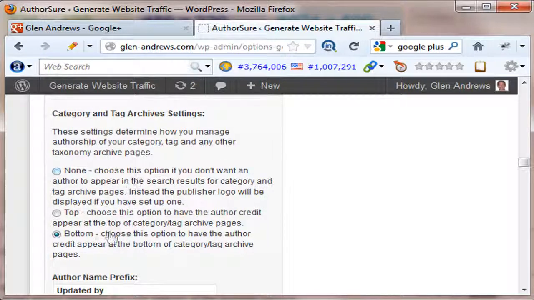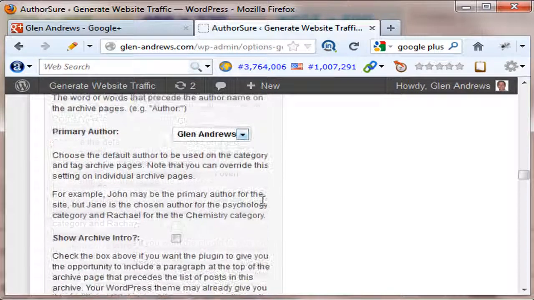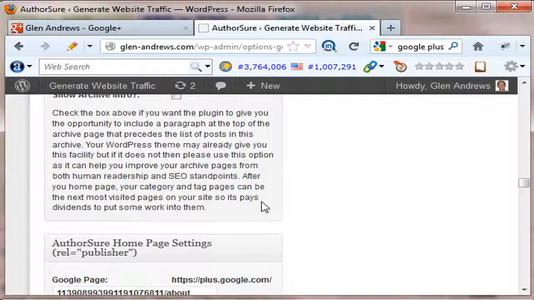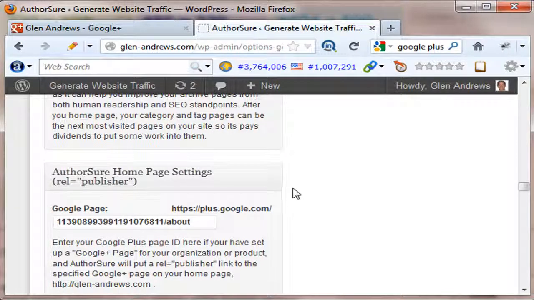Keep coming down here. And then we're going to check the box that says bottom. Choose this option to have the author's credit appear at the bottom of category tag archive pages. Okay. Author name prefix updated by. Okay. Primary author, of course, is going to be your name. If you have many authors, you can choose who you want, but this will be your name here. You can show archive intro if you want as well. Okay. Here's where you're going to place that code. See how it has the